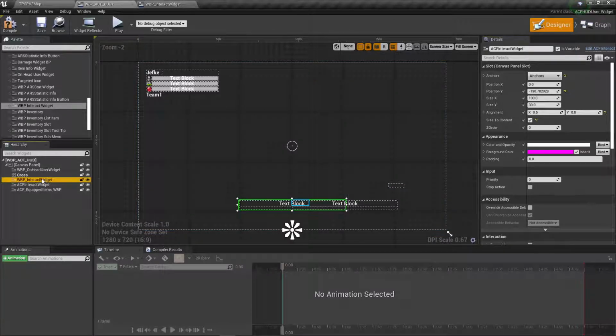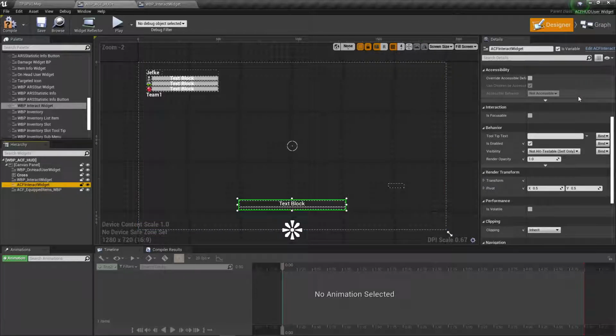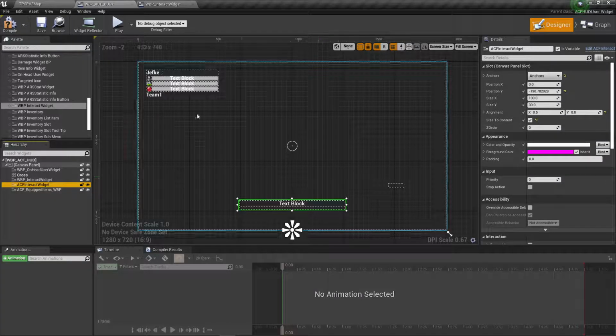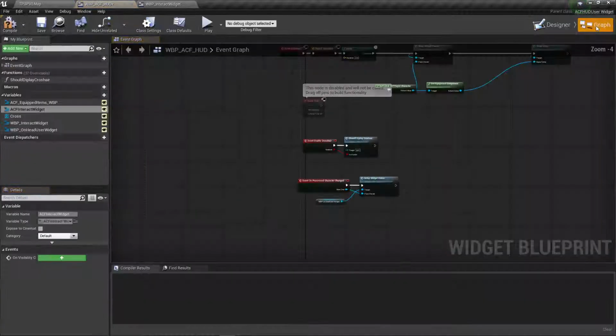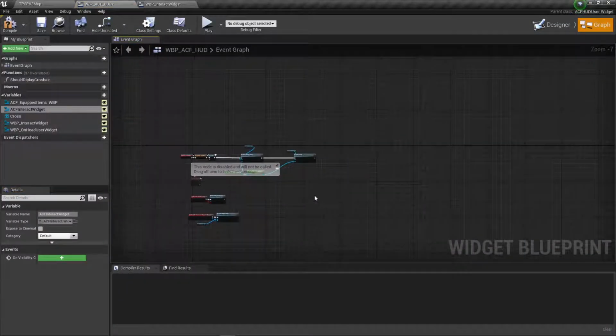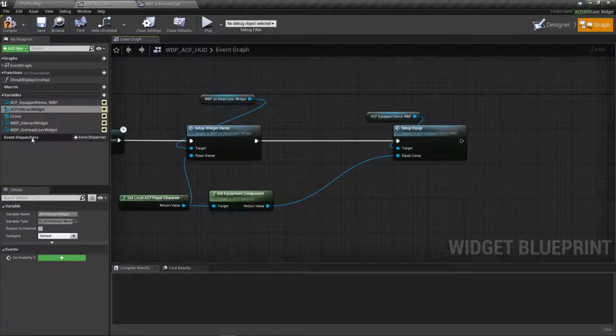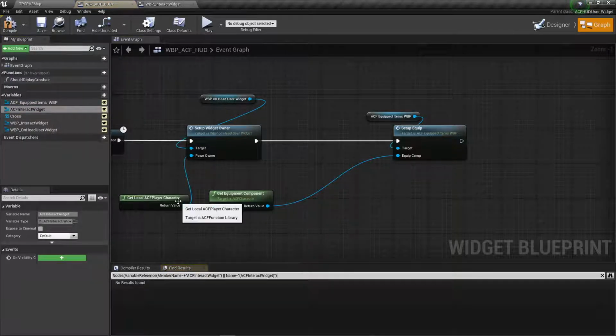Size to content is on. So alignment, paste, size to content is on. Is there something changed? Nope. So we are good to go as far as visual. Then again, we need to check equipment. Quickly take this one, find references, no references, but to be sure,